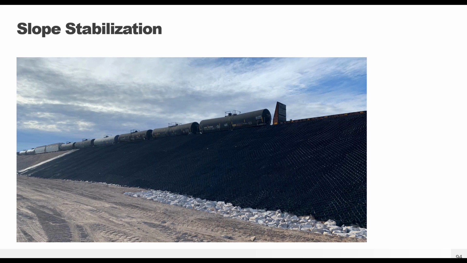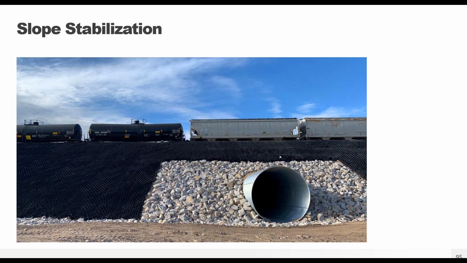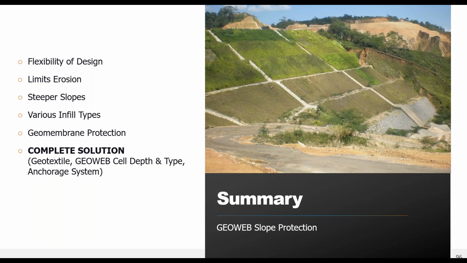You can see how on the bottom they put the large riprap just to protect the area. Like I said, not a lot of rain, but when they get it, it comes down pretty fast. And here you can see how big that culvert pipe is, doing that drainage layer. So we'll help you sizing that rock that goes in the GEOB and give a full evaluation for you.